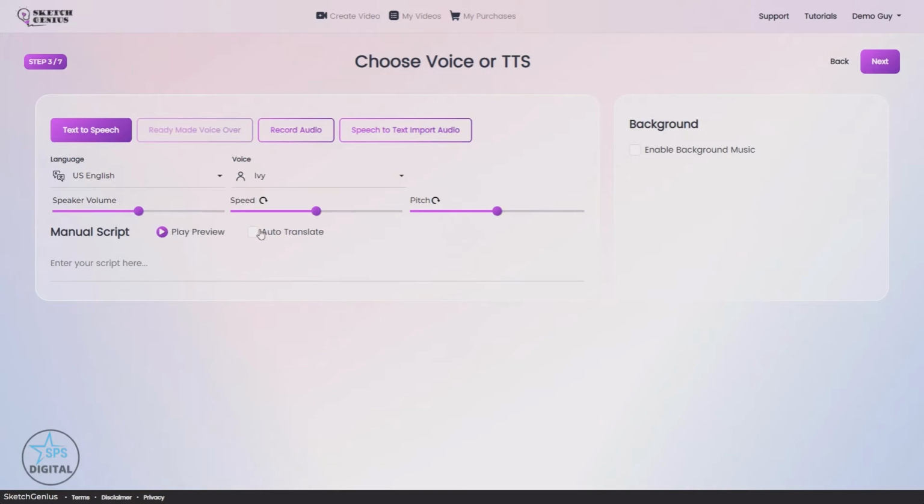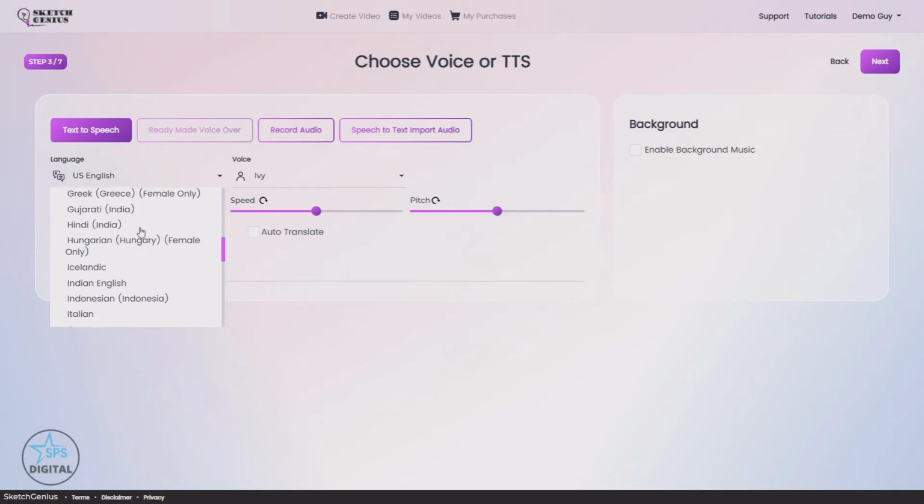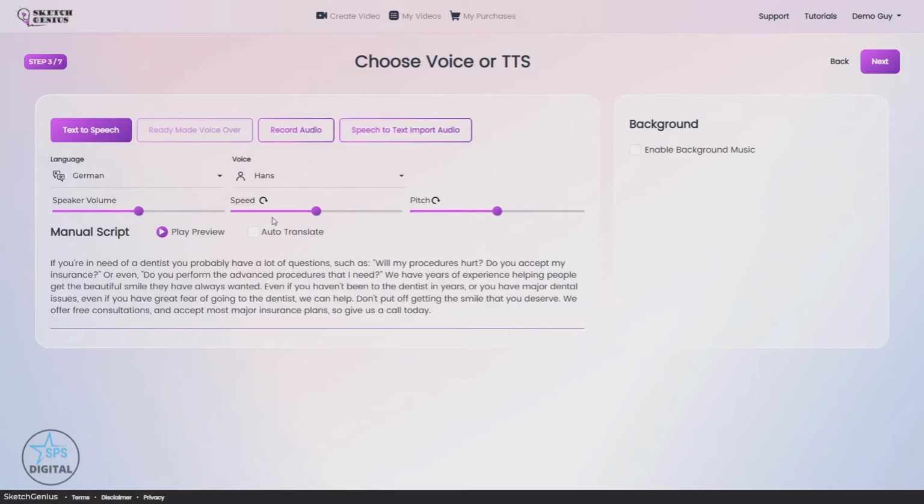We also have an auto translate option. This way, if I were to come in and choose a German voice, if I were to paste in an English script, when I hit play,